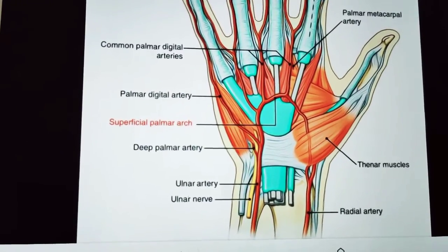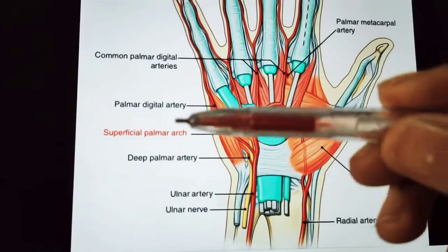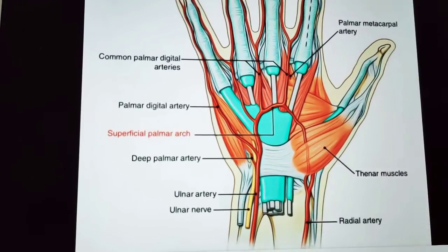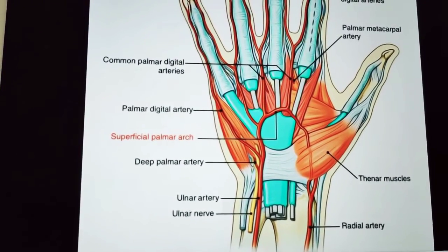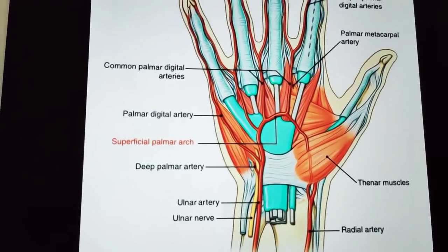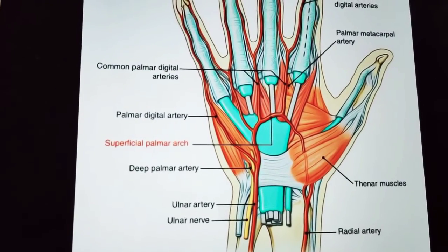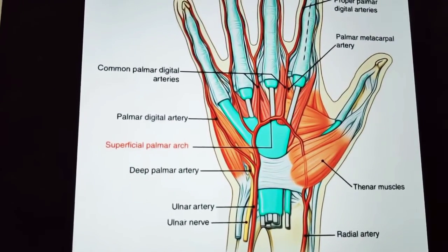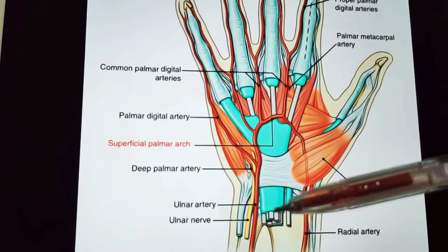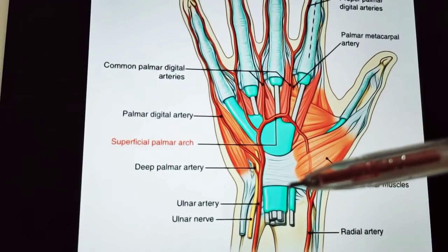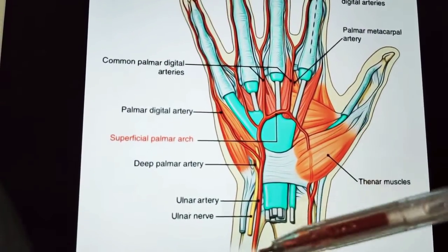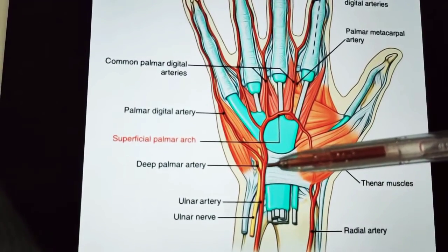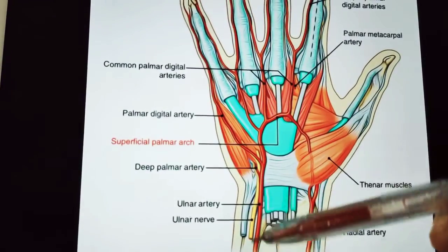If you remember the flexor retinaculum, the ulnar artery is passing superficial to the flexor retinaculum, but it is passing deep to the volar carpal ligament. If you remember the flexor retinaculum, then you can understand this. So this ulnar artery mainly forms two branches. One is the deep palmar branch and one is a superficial palmar branch. The superficial palmar branch only takes main part in this superficial palmar arch.